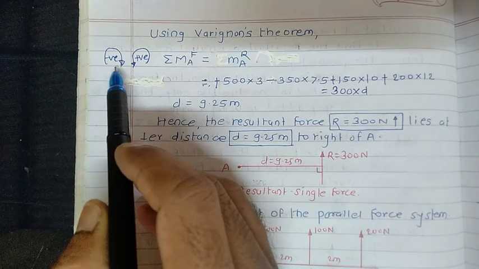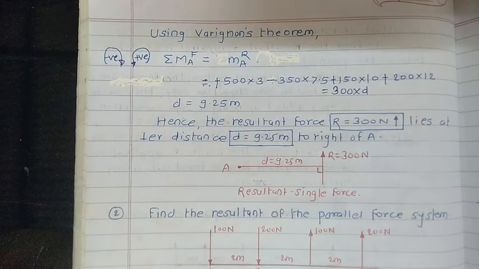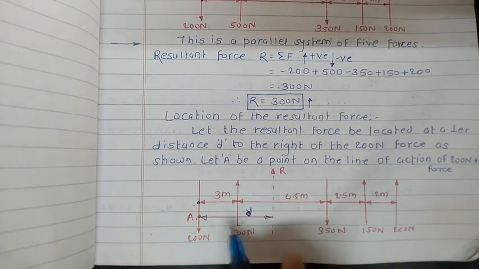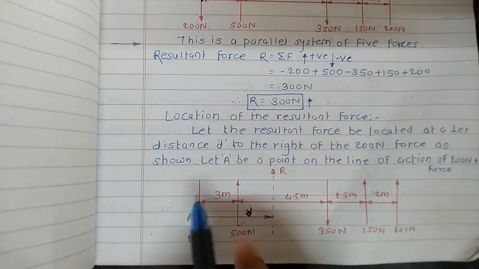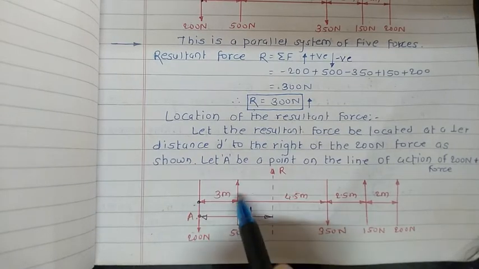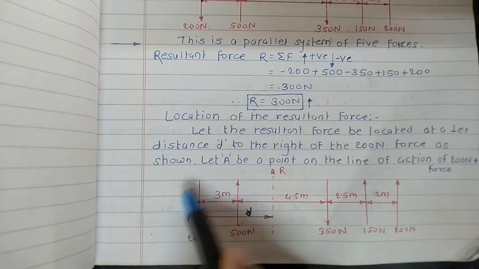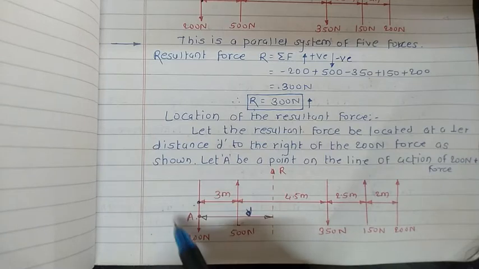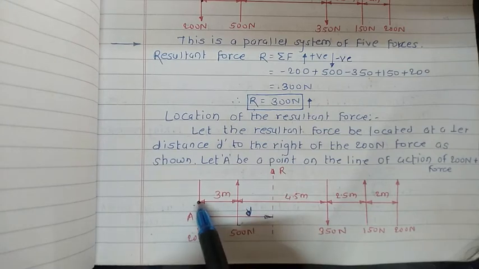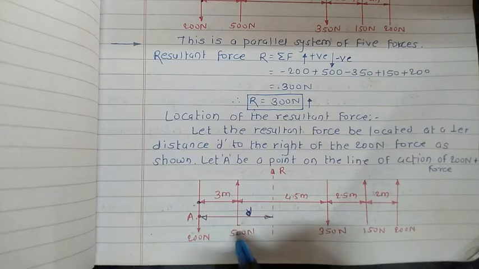Now just pick up one force at a time and take the moment of every force. Let us focus on this 500 Newton force. You have to take the moment of this 500 Newton force about this A point. Now the tendency of this 500 Newton force to turn about this point is in which direction? This one, in anti-clockwise direction. For anti-clockwise direction you need to consider the positive sign. The distance between the line of action of this force and the point about which moment is to be taken is 3 meter. So 500 multiplied by 3 will come there.